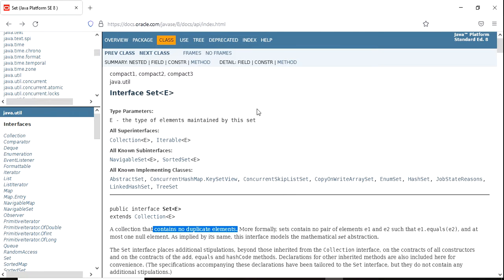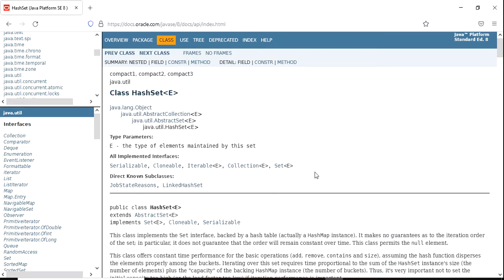See in the API, hash set is an implementation class. Click on it. Hash set has the superclasses abstract set and abstract collection, and then we have object.